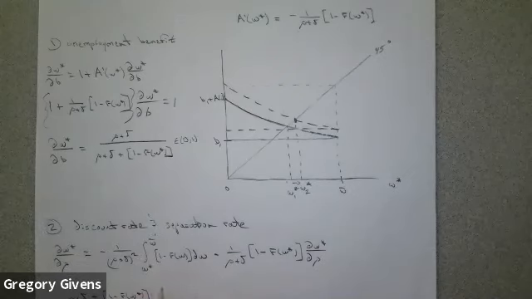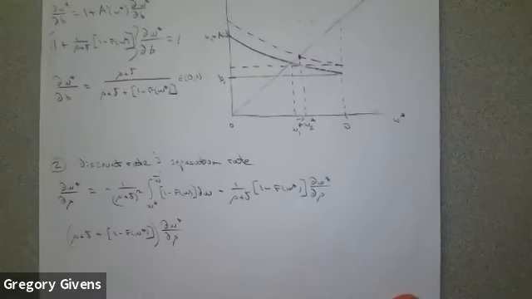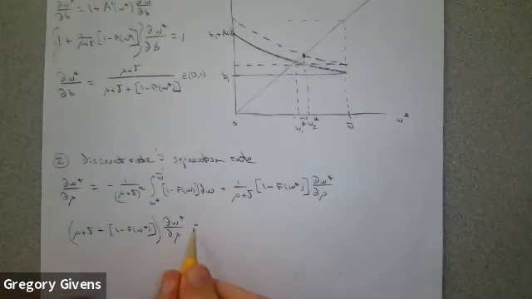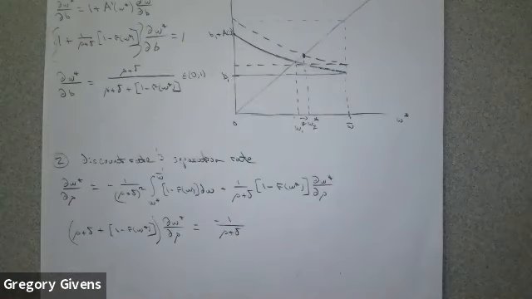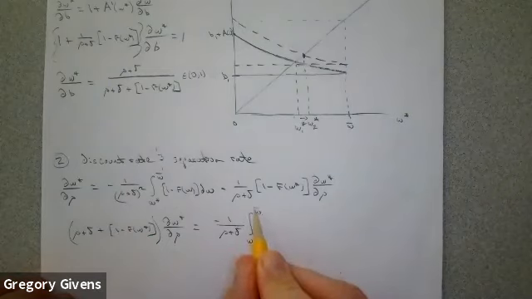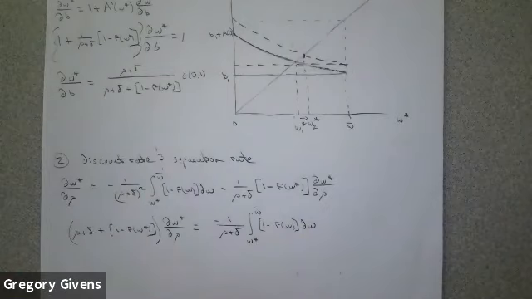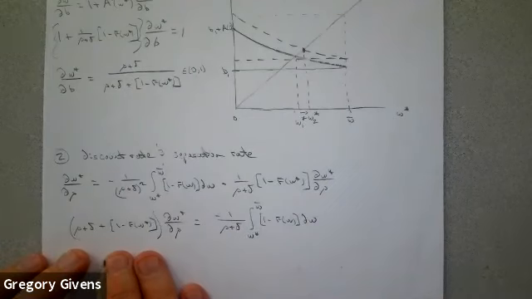All of that times dW star d rho would be equal to -1 over rho plus delta. Remember, we're multiplying both sides here by a rho plus delta, so one of these cancels, times the integral from the reservation wage to W bar of 1 minus F of W dW. And then if we divide both sides by this term here, rho plus delta plus 1 minus F of W star,